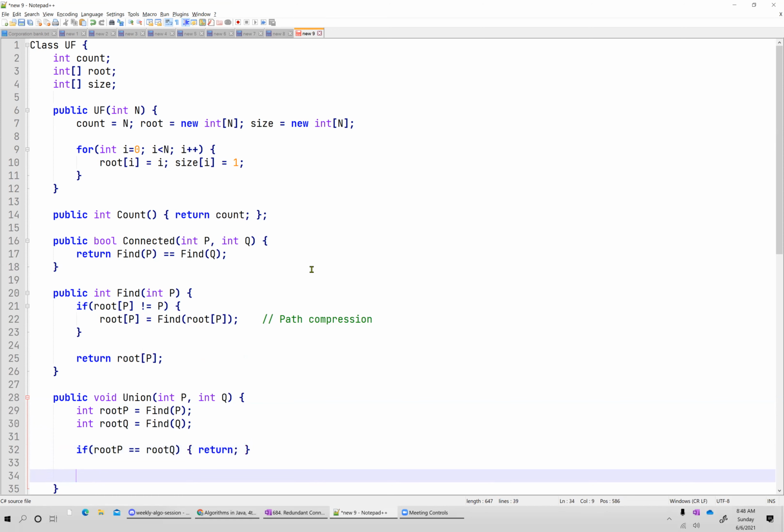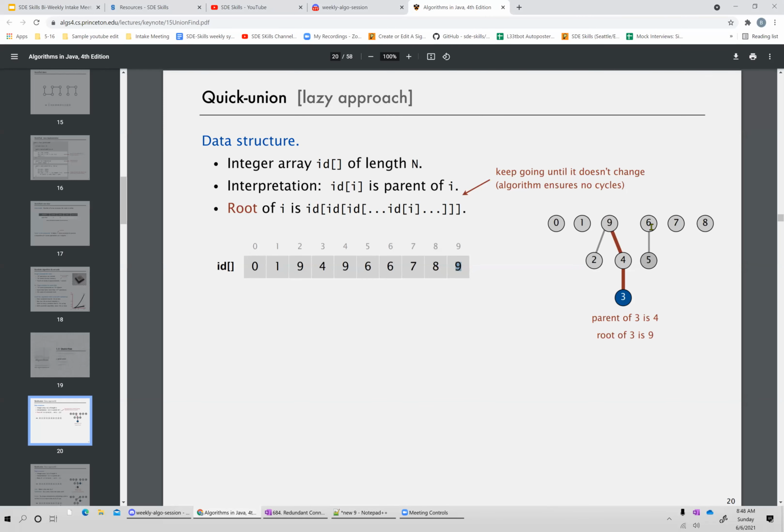If not, then I want to compare the sizes of those, right? Initially, all sizes are 1. If I am making one a child of another, that can be a tree, right? Let's say that I am making 5 a child of 3. The tree rooted at 3 has a total of 4 elements, and another tree rooted at 6 has a total of 2 components.